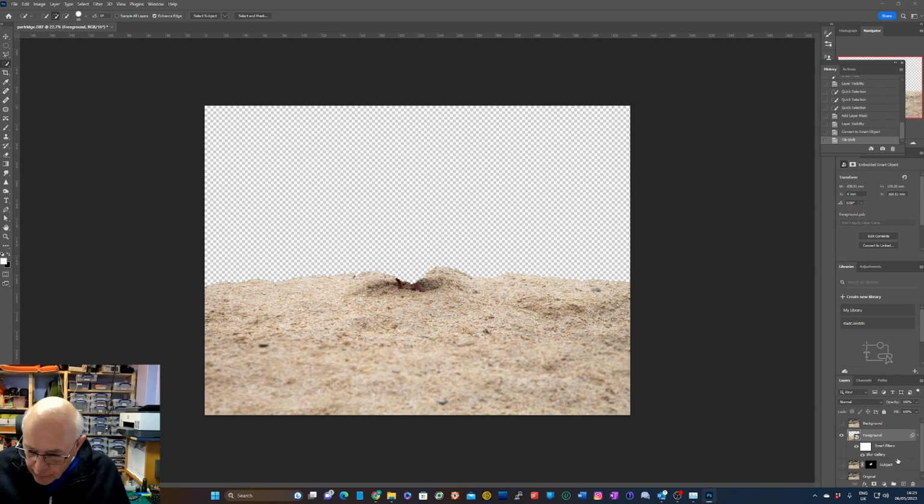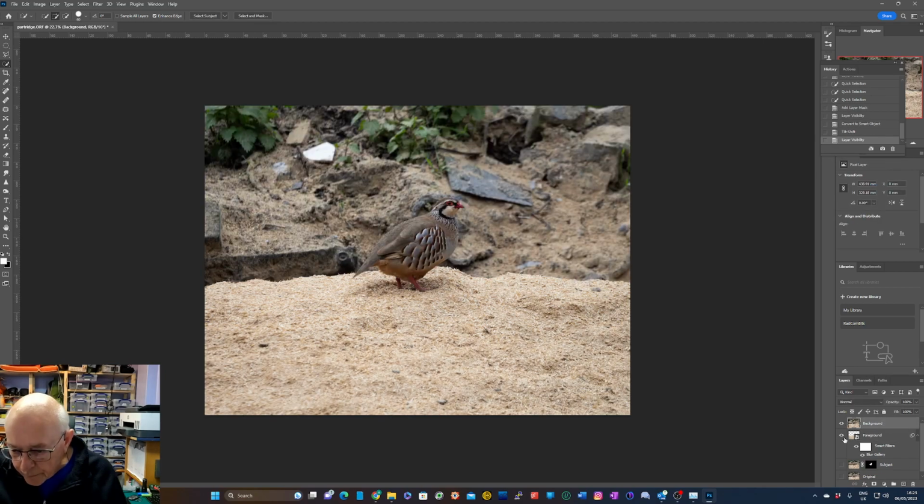So you'll see on that layer now we've got 3 sub layers, which is what the Smart Filters has put in. So we can now, if we want to alter it, we can just click on that blur gallery at the bottom, and we can go back and change the amount of blur on that level. So that's the foreground done. So now we want to look at the background. And have I got, yeah, so the background at the moment is everything. There isn't anything selected on it, and we don't need to bother to select anything on it,